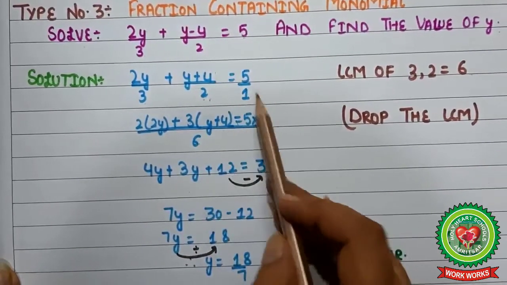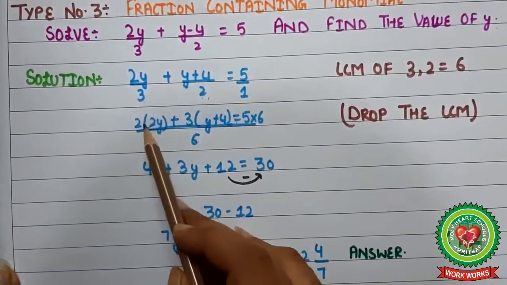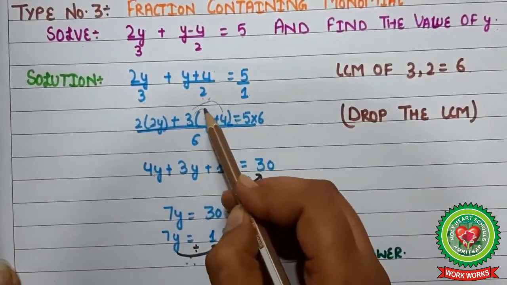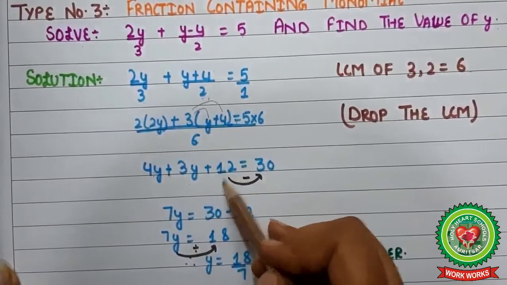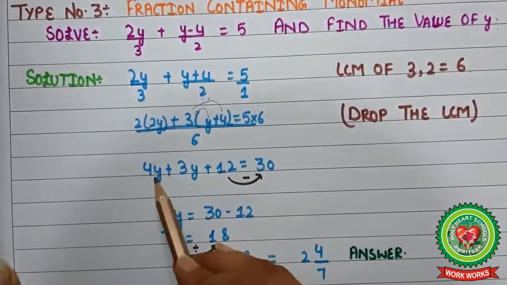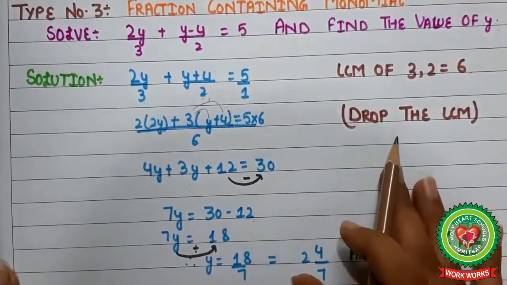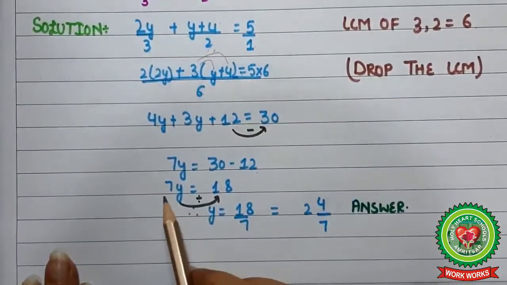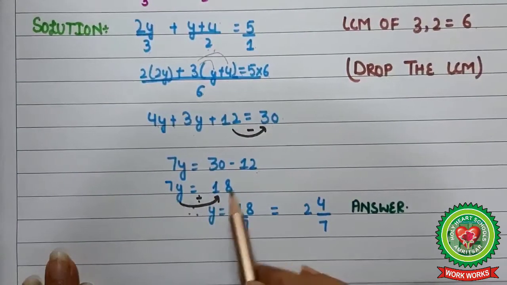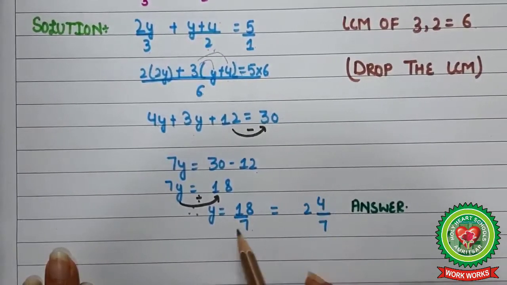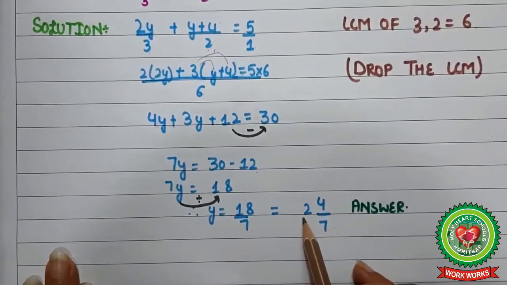Here write multiply by 3. This is a binomial, so keep this binomial in a bracket. Put here the equals sign. 1 6 is 6, so 5 multiplied by 6. Do the multiplication. Here you'll get 4y. Plus sign is there. It will come as it is. Here apply arrow method. It will become 3y plus 12 is equal to 30. Collect like terms: 7y. This 12 will shift to this side. 30 minus 12. Do the subtraction. 7y is equal to 18. This 7 will be divided. So therefore y equals 18 upon 7. Change into mixed fraction or in decimal form. Here I have changed into mixed fraction. So answer is 2 whole number 4 upon 7.